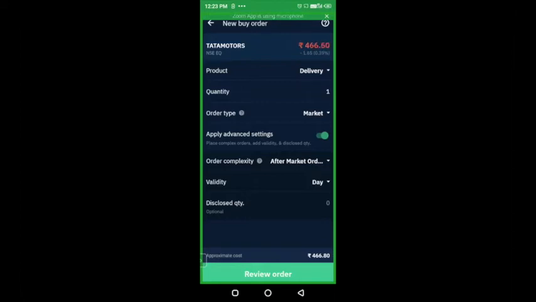Usually, the first 1 hour of the trading session, 9:15 to 10 o'clock or 10:30, during that time,